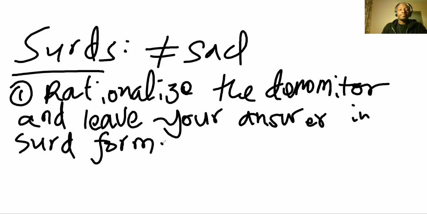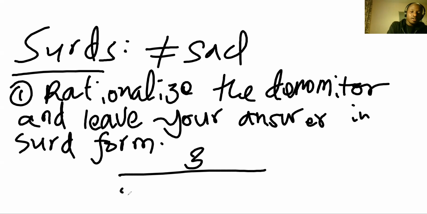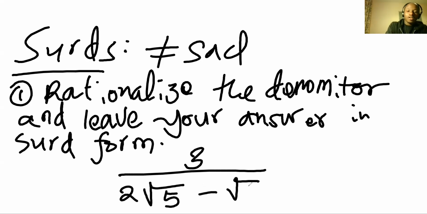So I'll just write the first question. This is the question: 3 over 2 root 5 minus root 2. Now, before I start solving this, there's a very important tool I would like you to know